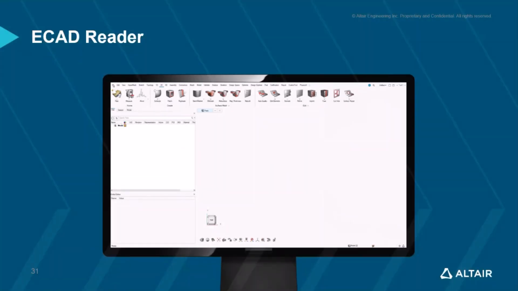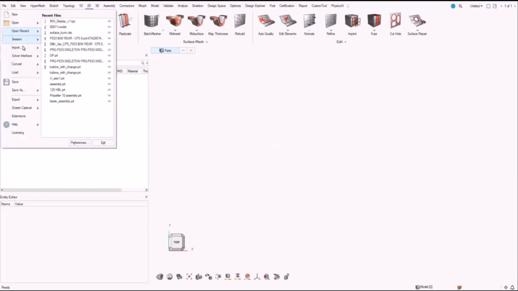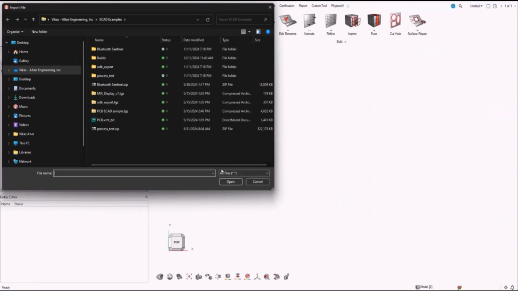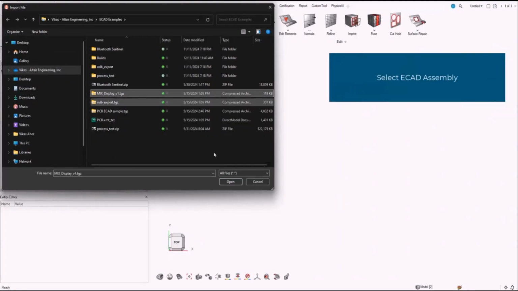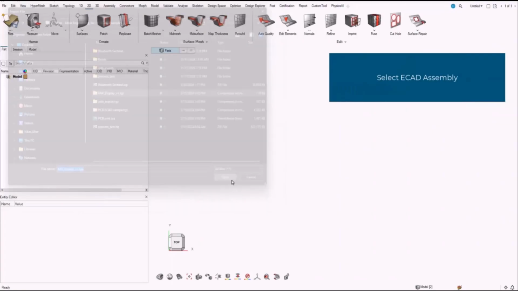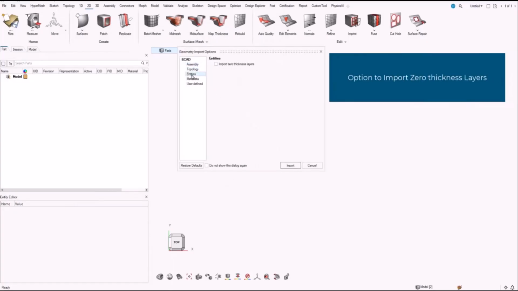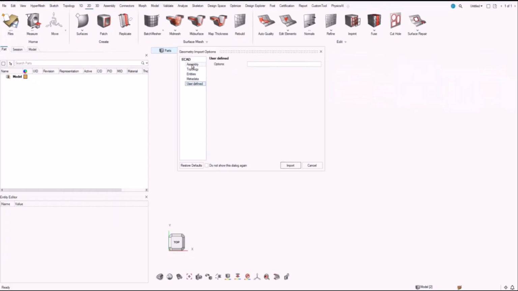It's really straightforward. No new learning is needed. You'd go to File, Import Geometry, and you select the ECAD model that you have. Different file formats are supported. We have, of course, documented those. The same options are available for assembly, topology, entities. And in entities, if you look, we are even giving an option to import the zero